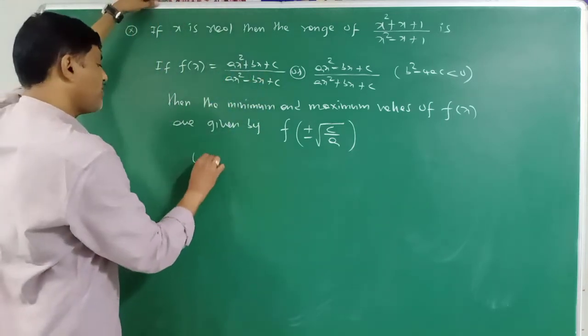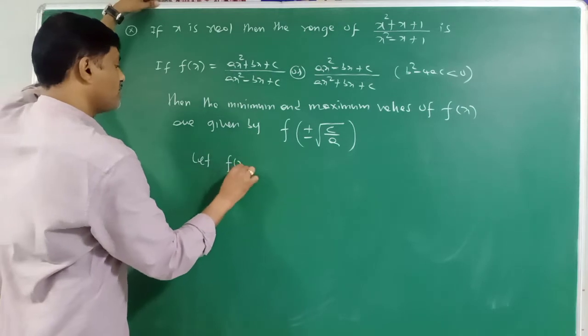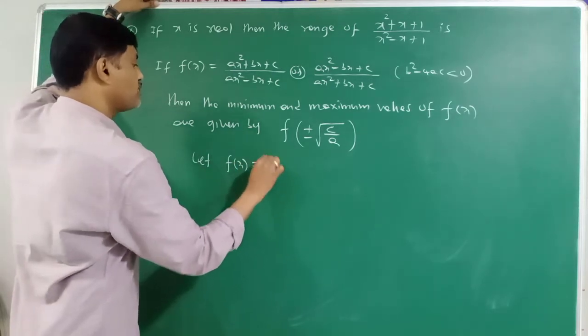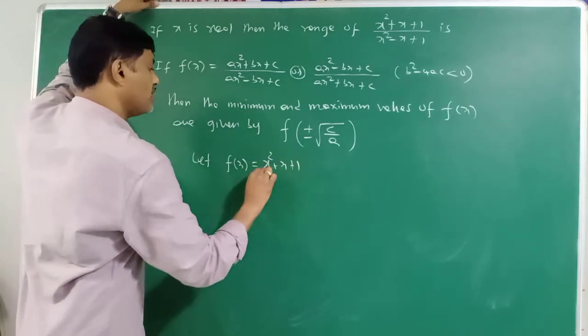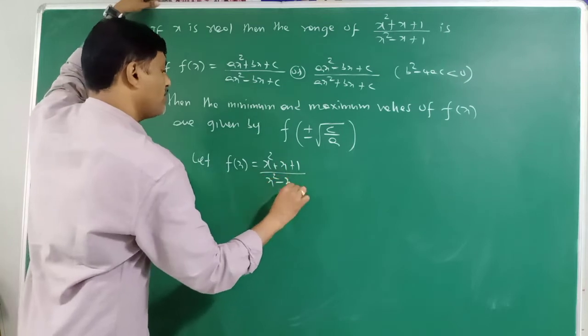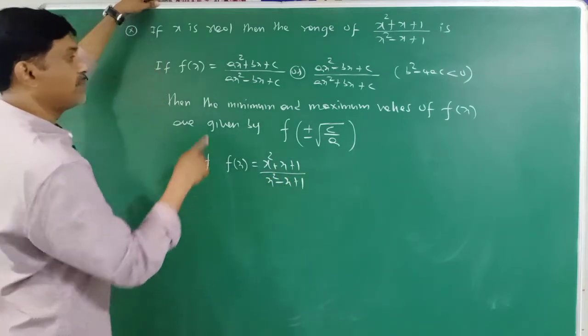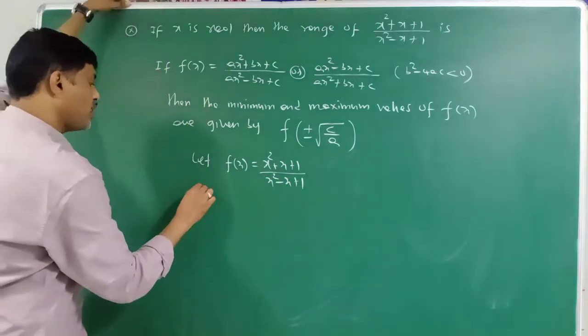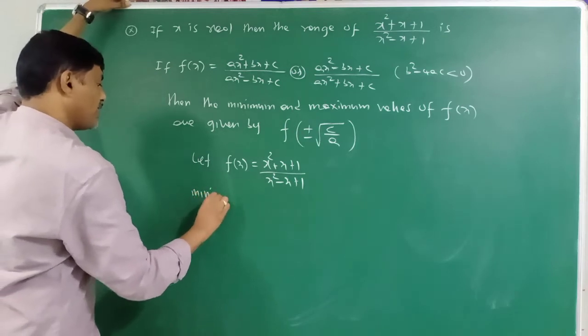Now let f(x) = (x² + x + 1)/(x² − x + 1). We need the minimum and maximum. Therefore, the minimum